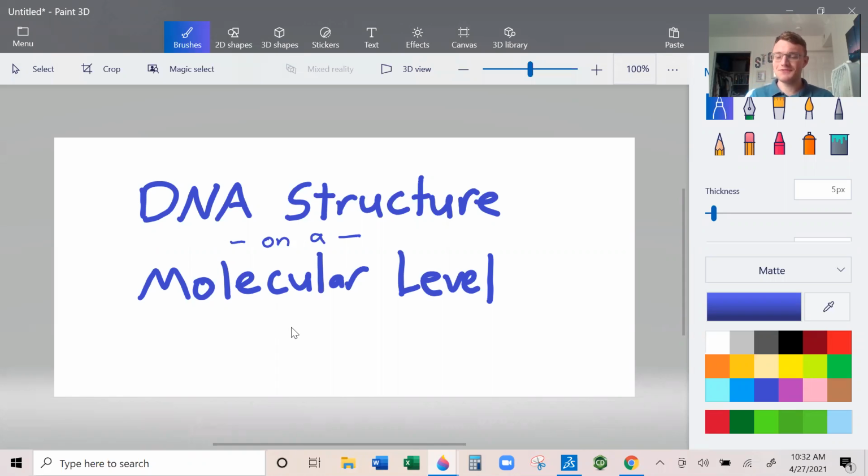So this video goes over the first half of week 2, where we zoom in on what a DNA molecule actually looks like on an atomic and molecular level. In week 1 we talked about an entire chromosome and what it looks like, and this week we're going to zoom in and see what the DNA actually looks like, because understanding this is going to really help you out next week and in the weeks after that, when we talk about how DNA is